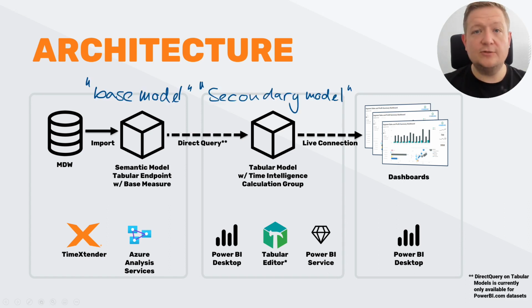interface. And to make sure everybody is on the same page when I'm talking about these models, let's give them a name. The first one, which is managed in TimeXtender, which will contain the actual data and which will live on Azure Analysis Services together with the base models. That one we will call the base model. And the model we built on top of it that will contain the time intelligence logic in a calculation group that will be designed in Power BI Desktop and Tabular Editor and will be deployed to the Power BI service, that we will call the secondary model, just so we have some common naming for these models during the upcoming